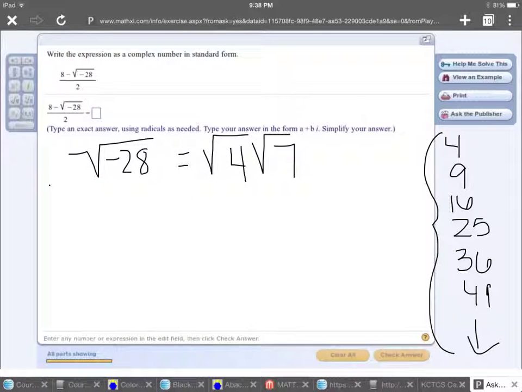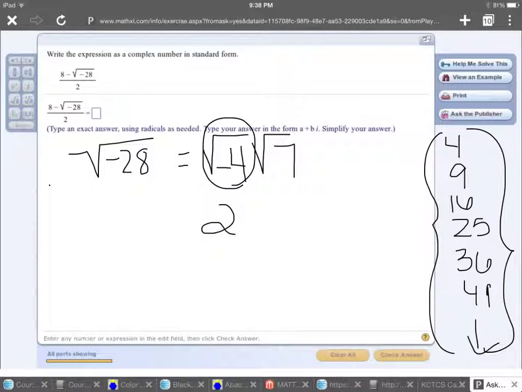Now it's important that you pick a number from the perfect square list. But I need that to be negative 28, so I'll make that negative 4 times 7. And I've broken that square root into a product. Now, the reason we chose a number from this perfect square list is because we can actually compute the square root of negative 4. The square root of 4 is 2,